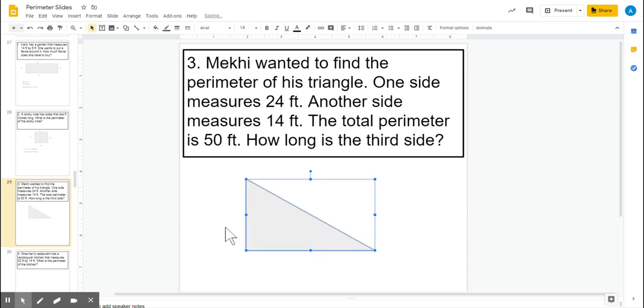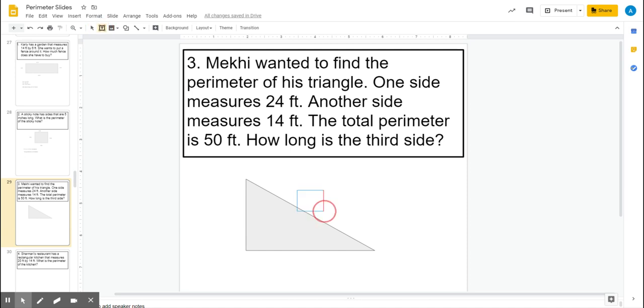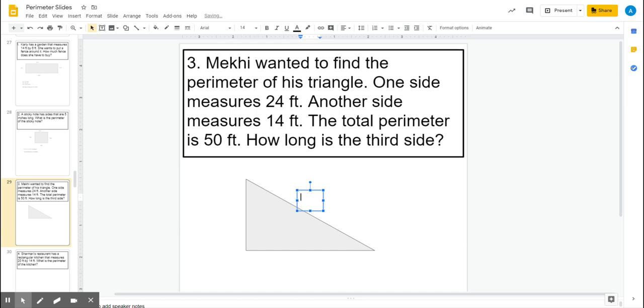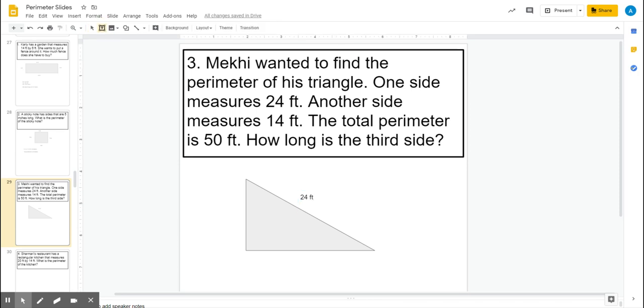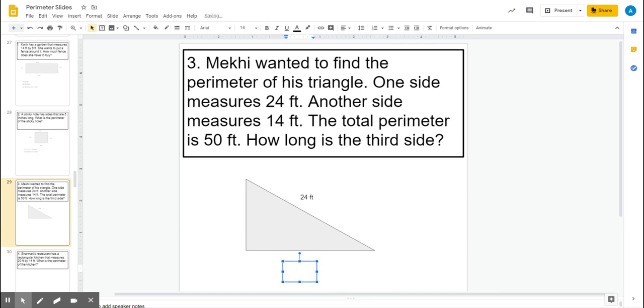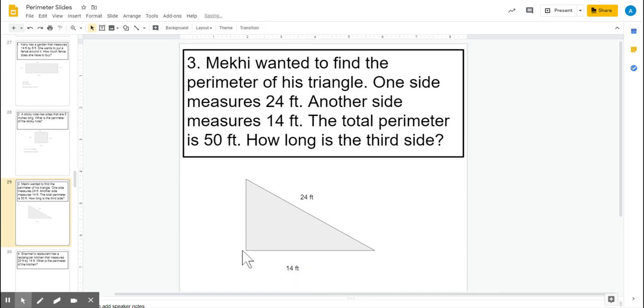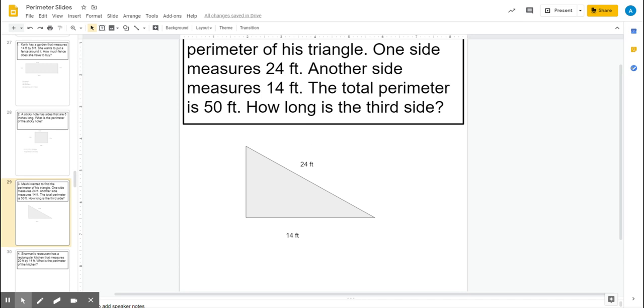So here's my triangle. I'm going to insert my text box. So we're going to say this one is 24 feet. Another one, I'll say this one's 14. And then we need to figure out that last side because it says how long is the side. So the side, not my total perimeter. I already know my total perimeter is 50. So I know that I'm going to have to add